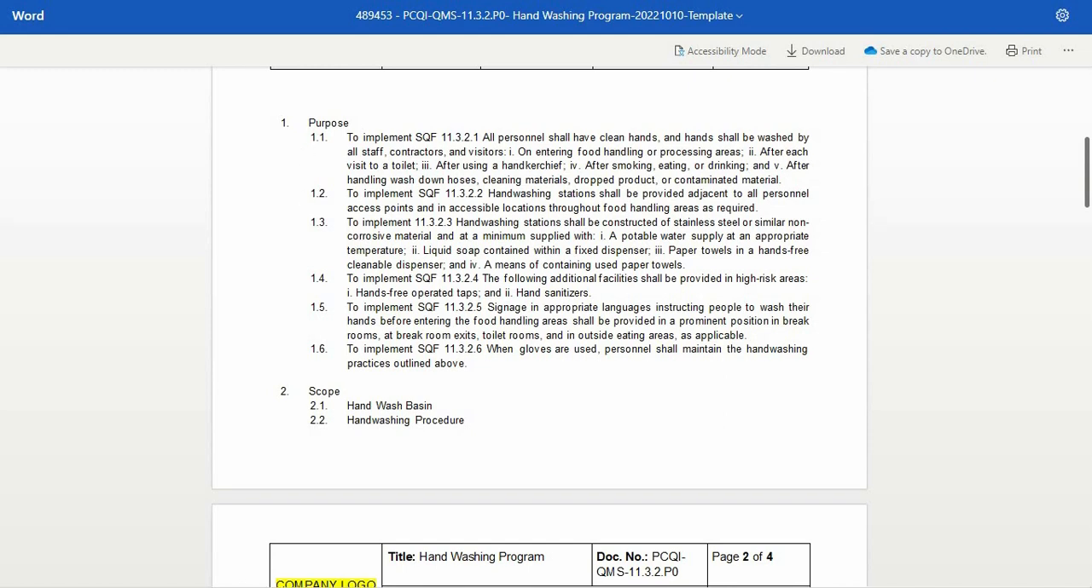Second, to implement SQF 11.3.2.2, hand washing stations shall be provided adjacent to all personnel access points and in accessible locations throughout food handling areas as required. Third, to implement SQF 11.3.2.3, hand washing stations shall be constructed of stainless steel or similar non-corrosive material and at a minimum supplied with: